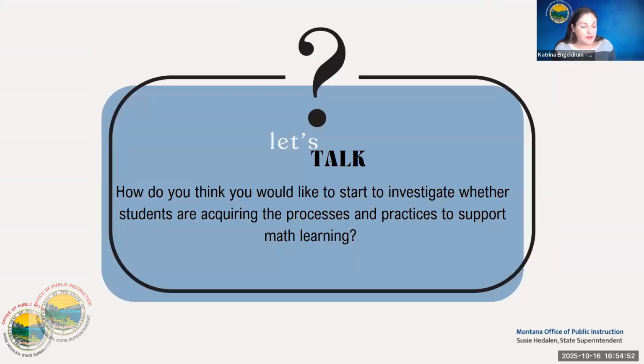So I'm curious, if you were going to start a conversation with your colleagues in the school, what are you thinking about how to figure out if students have these durable skills, if they have these process abilities? How would you assess it? You're not married to any of the answers you put in, but just what's coming to mind of how you would like to see if your students are able to do any of these math practices.